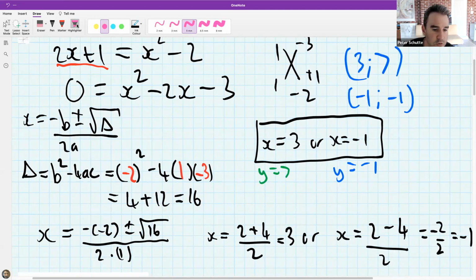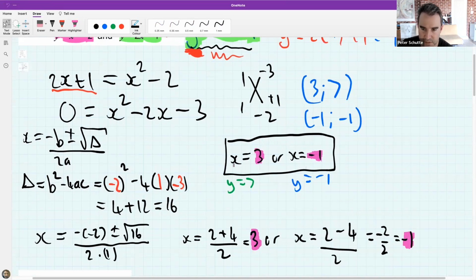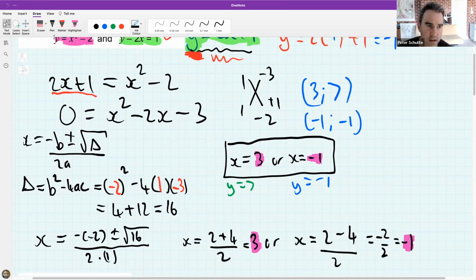And good news for me, the maths teacher, is that the 3 that I get over here and the -1 I get over here is the same as what I got when I used the other method. Now, in order to get the y values, I would do the same thing that I did before, where I took